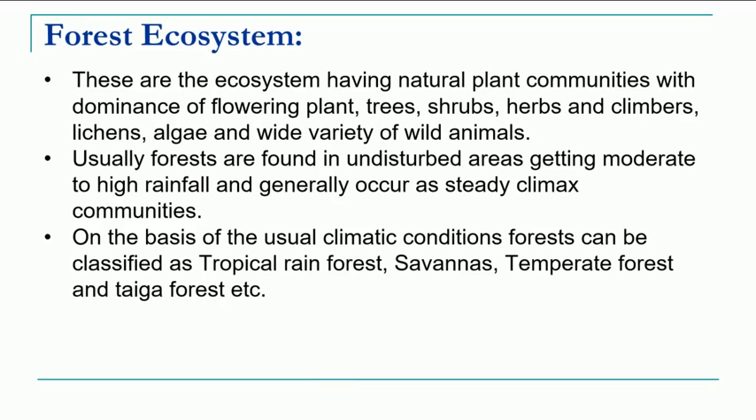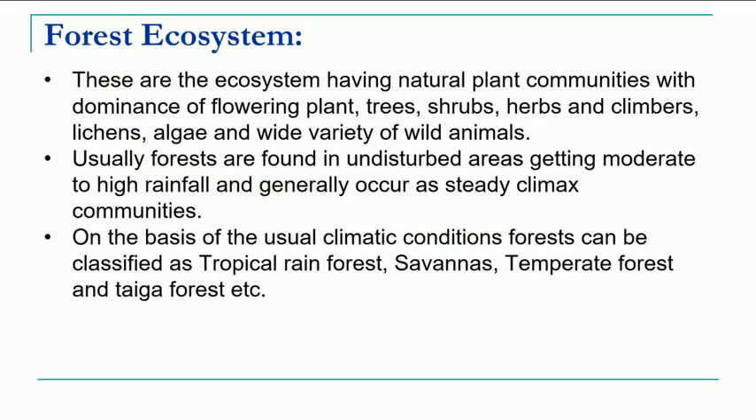Okay, now we start with today's topic of discussion, that is forest ecosystem. Now this system is a very complex ecosystem and it is dominated by the plant communities like flowering plants, trees, shrubs, herbs, different types of climbers, lichens, algae, and a wide variety of animals. Usually these forests have an abundance of sunlight and rainfall, so that is very important for the development of such forest